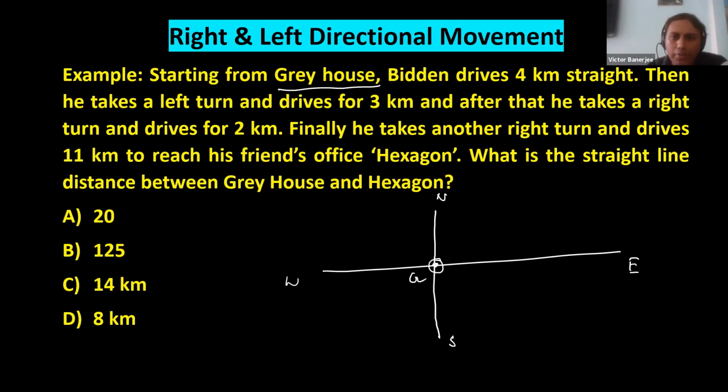Biden drives 4 kilometers straight. Now straight means what? You can move either east or north, but it doesn't matter. If you go along north or along east, you will get the same answer. So let me take it along north. Conventionally, you take north if they mention walk straight or drive straight. So from this point, you drive 4 kilometers. So this is 4. Then he takes a left turn. So now you are facing north. If I take a left turn,